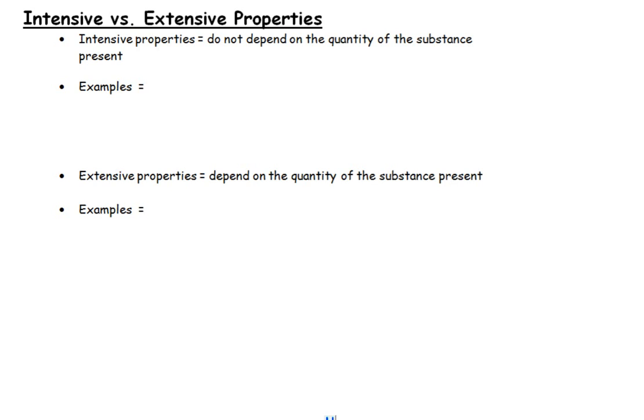I remember an intensive property is independent of quantity. So I remember it's intensive and it's independent of quantity. Meaning it doesn't matter how much you have, it doesn't matter what your sample size is, you'll still make the same observation. Good examples might be things like color,